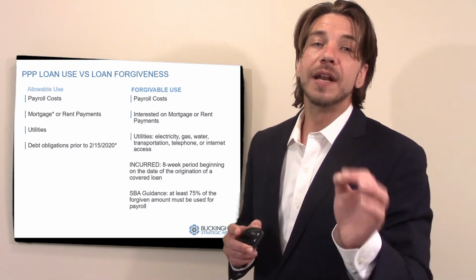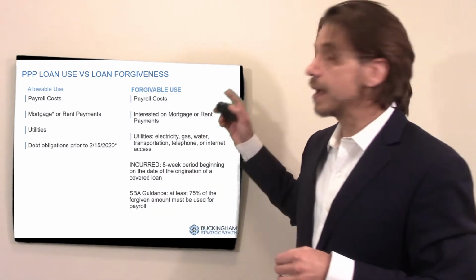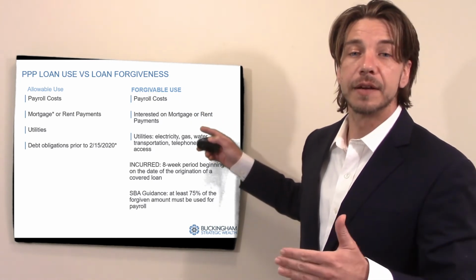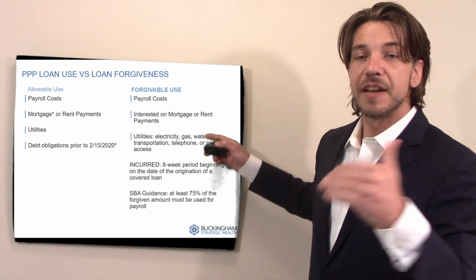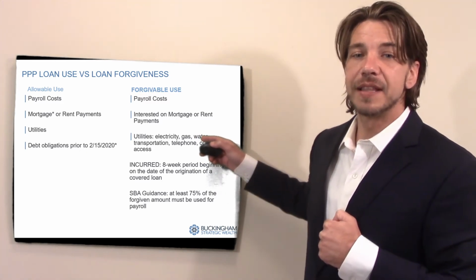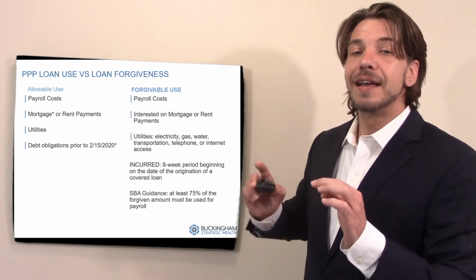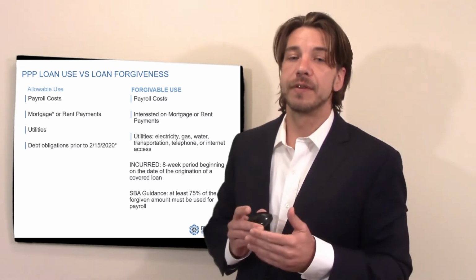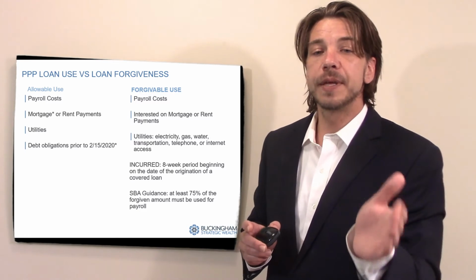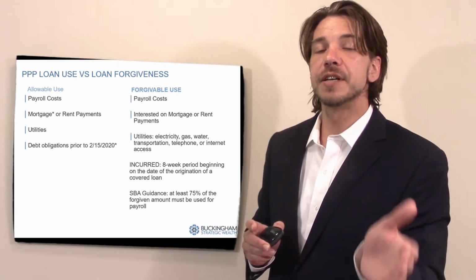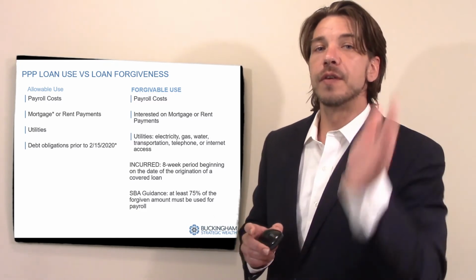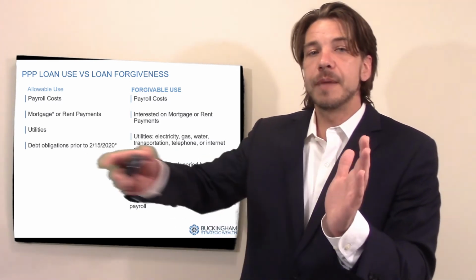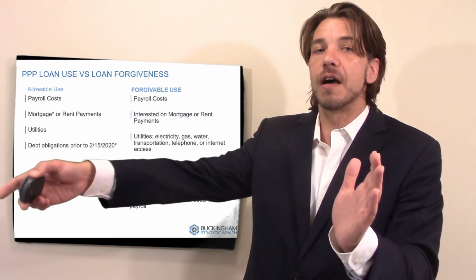However, what is forgivable is going to be the payroll cost, the interest on the mortgage or the full rent, and utilities, which are spelled out within the CARES Act, and that's the amount that's going to be forgivable. And the timeline for that forgiveness is an 8-week period beginning on the date of origination of the loan. So when you receive acceptance and origination of that loan, those payments for those specific costs are forgivable